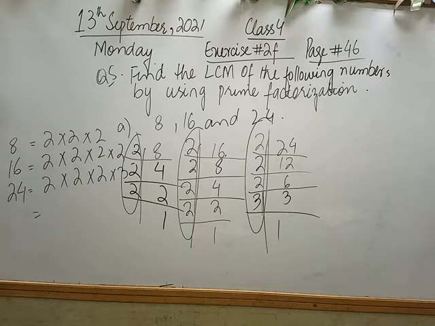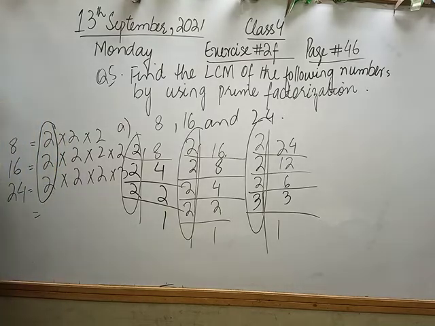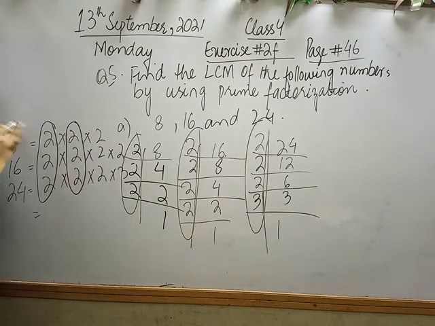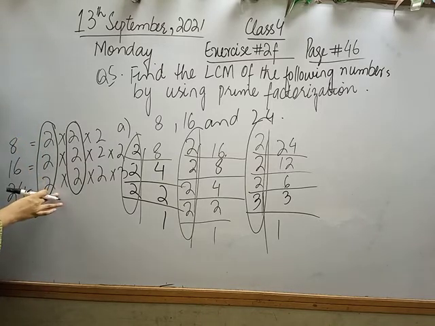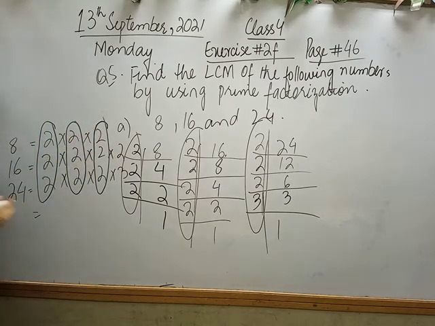Common factors. I will circle the common factors, which is first of all this. The second is this. If you look, there are three numbers here in this question. So the number which you will circle, it is involved in three of them. अगर वो तीनों में नहीं होगा, then you will not circle it. Fine. Now we will circle this again.